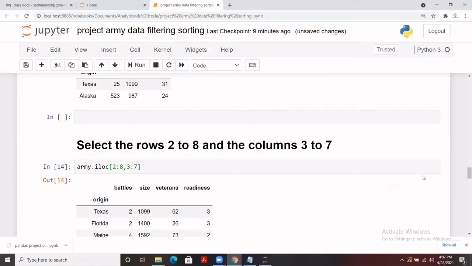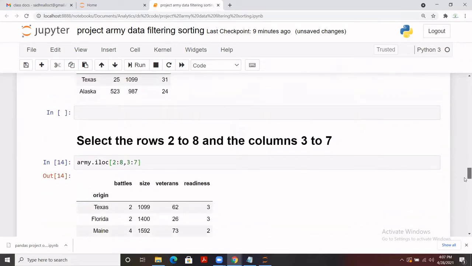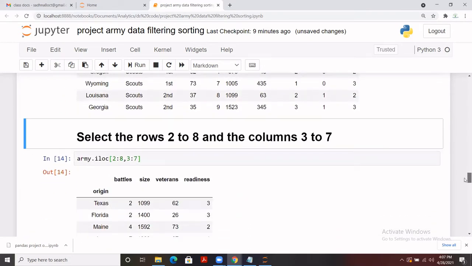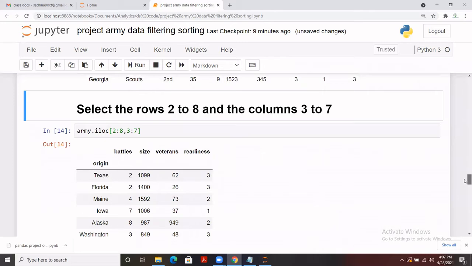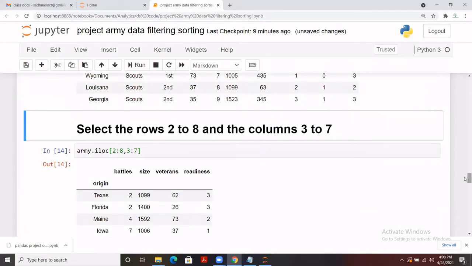Yes, so we have the row index which starts from 2. If you count, let me call the army data here. So you see 0, 1, 2, so index 2 starts from Texas, and you see that's here. And index 3 for columns starts from battles, so that is 0, 1, 2 and 3. So it starts from battles and goes till the 7th index.